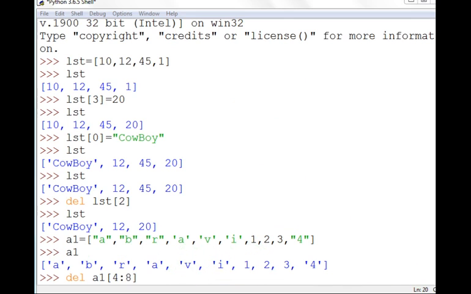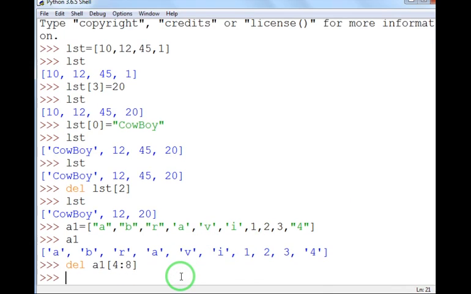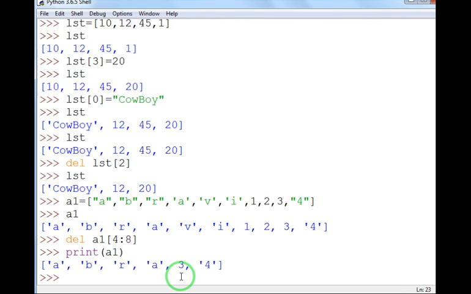So let's see when I press enter key, or you can give the command print A1. You can just write A1 also. So now you can see over here I have written 4:8. So index number 0, 1, 2, 3, 4. This V is having index number 4.